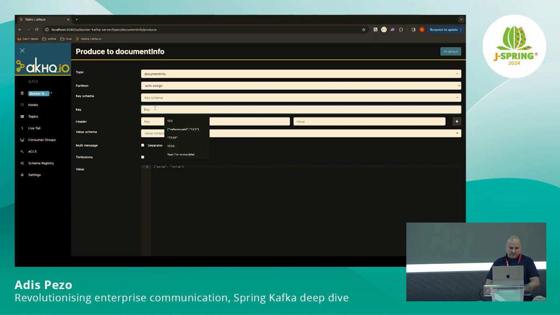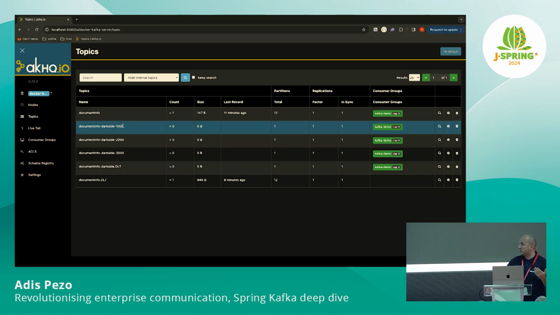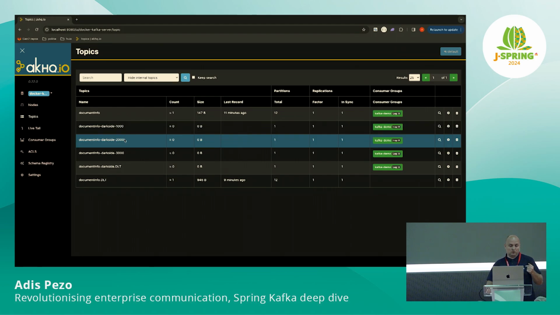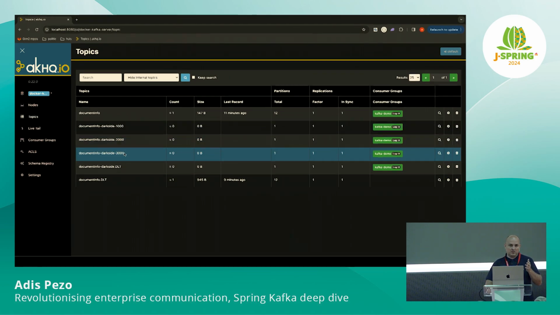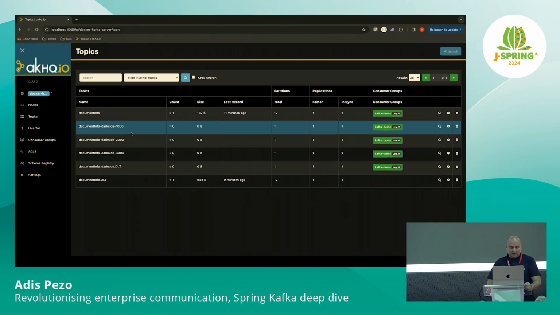But what will happen is it will try to process that message. It can't, and it will go to the first retry topic, which is 1000, and then again it cannot process it. It will go to 2000, and here you would see 2 messages, but because I cannot do it, you cannot see anything. And then at last, it will go to the dead letter topic because it couldn't process it at all. So these are being created for you, and as you can see, there is a name